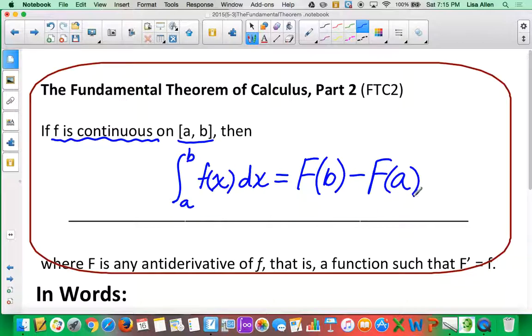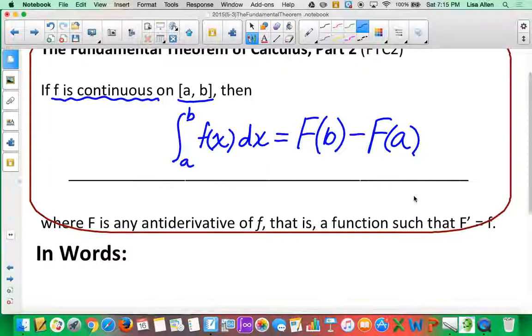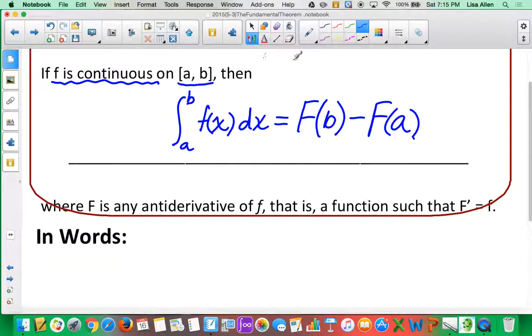And so the evaluation, you might think, well, what happened to the c involved in the indefinite integral? If you look at it, oh, there's one more statement here, sorry about that, where F is any antiderivative of f,